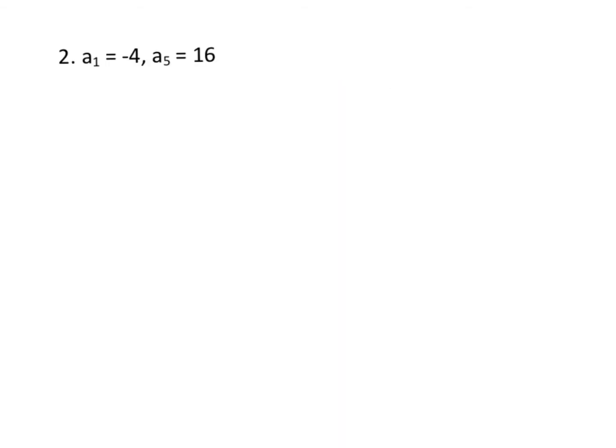So my second example, we are still finding a sub n. Sorry, I forgot to write that down. But in this one, you'll notice I have fewer things that might help me. I have to do a little bit of extra work before I do it. So I know my first term, it's -4. I do not know my second, my third, or my fourth term, but I do know that my fifth term